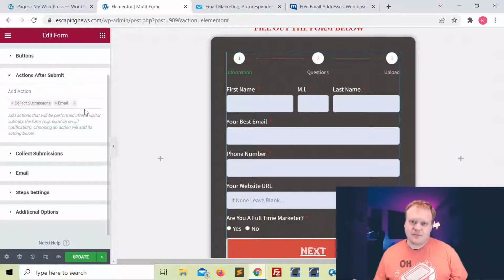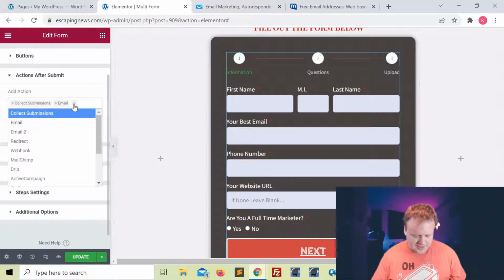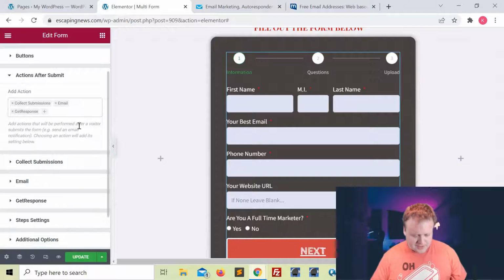And so I actually want one more, and what I want to do is, when someone fills this form out and they put their email in, I want to take their name and their email and send it to my email list so that I can put them on my broadcast list and send them emails in the future. So what I'm going to do is I'm going to click this little plus icon, and then I'm going to scroll down to Getresponse. I've already integrated Getresponse, and I've already made a video on that,